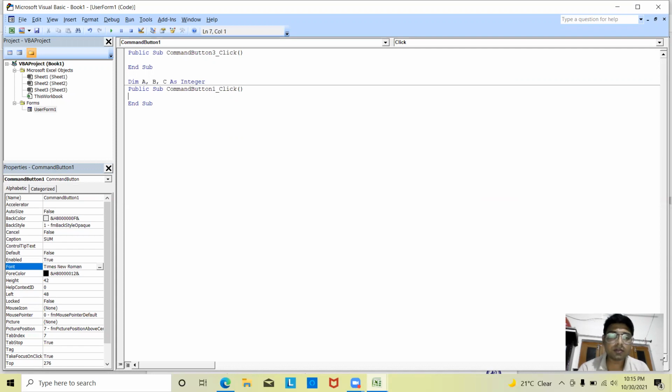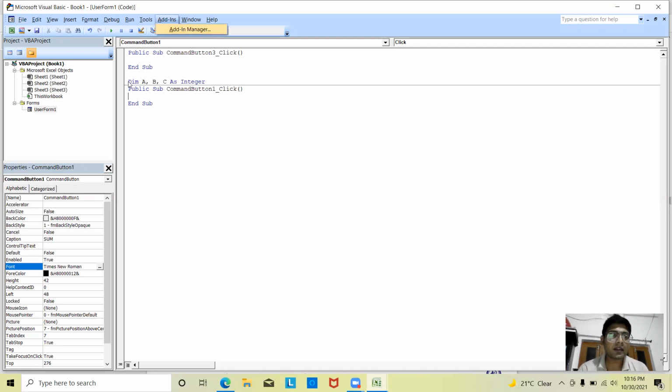So we have already taken 3 text boxes. हम लोगों ने 3 text box already ले रखे प्रोग्राम में. Text box 1, text box 2 and text box 3. So text box 1 is for the first input, text box 2 is for the second input, and text box 3 is used for showing output.